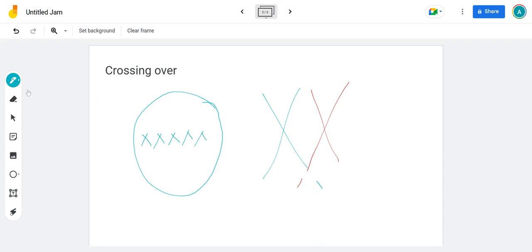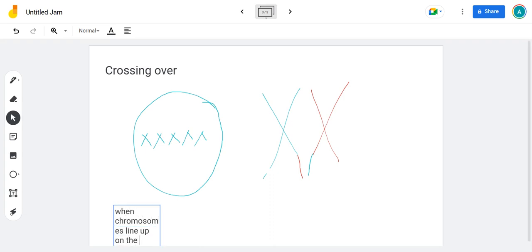And then they fix themselves, but sometimes correctly, sometimes incorrectly. So this chromosome has a little bit of that one on it, and this one has a little bit of that one on them. Okay, so what happens is when the chromosomes line up on the equator,